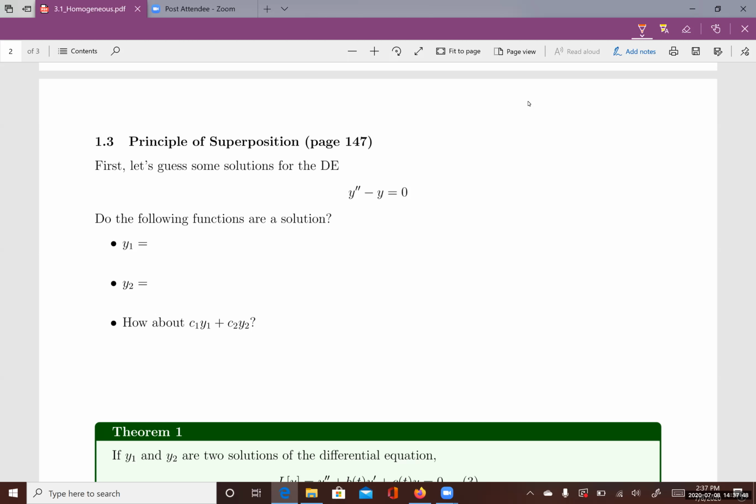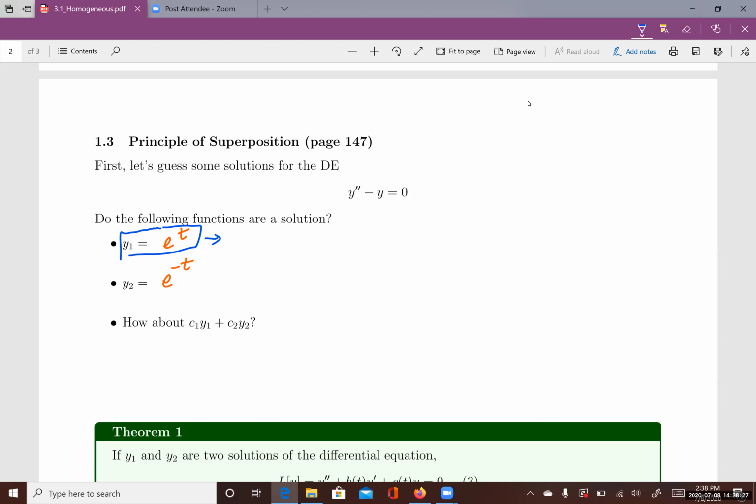Okay. Well, at first, I want to guess one of the solutions for this differential equation is e to the t. And the second solution for this differential equation is e to the negative t. This is my guess, but I need to make sure that my guesses are correct. So if y1 equals e to the t, then in order to check whether this function is a solution,